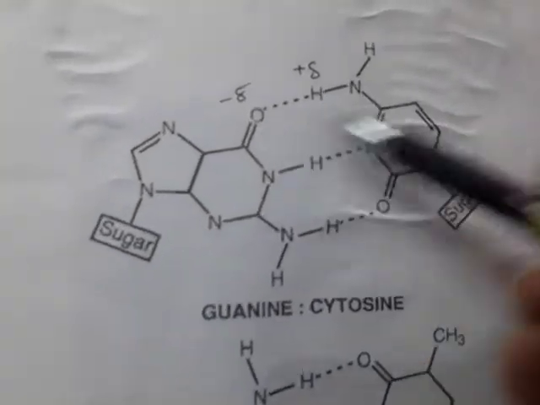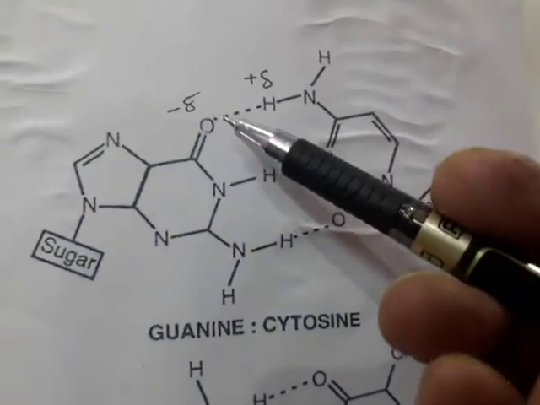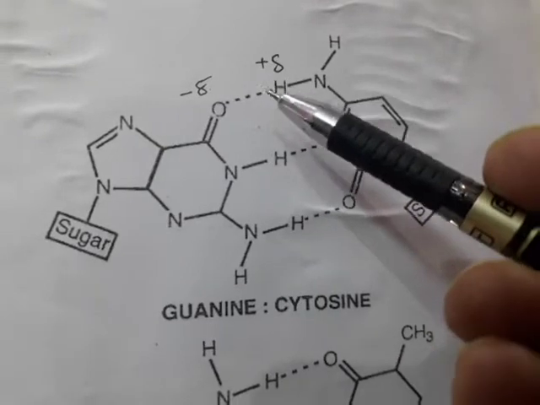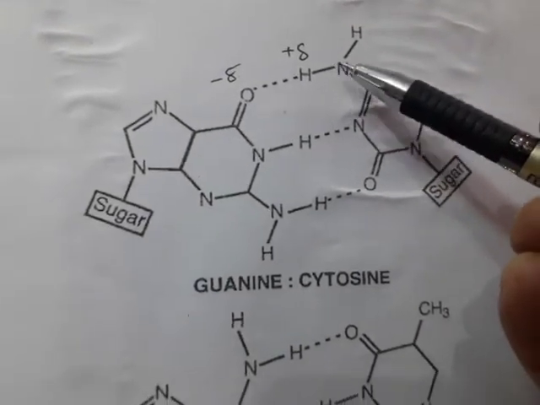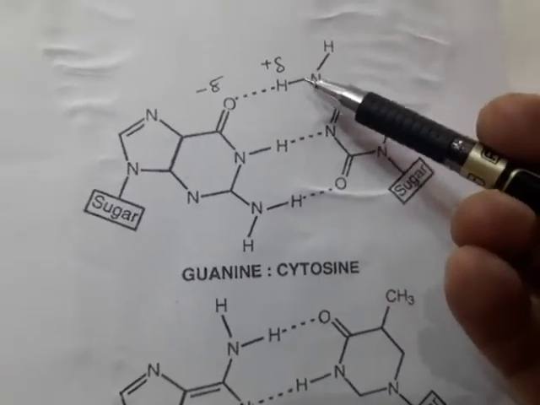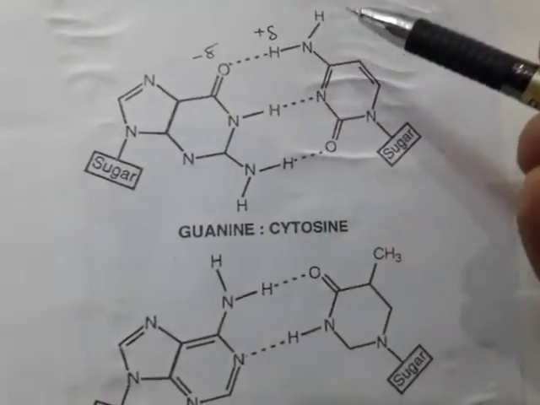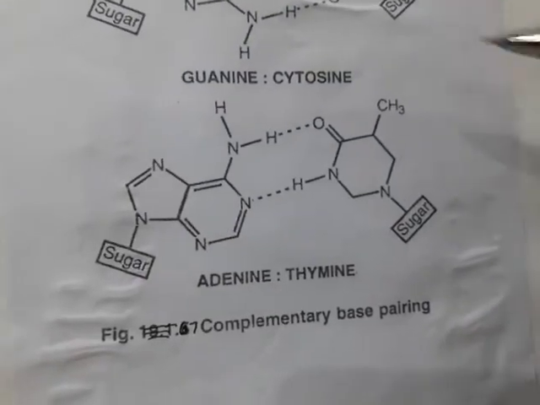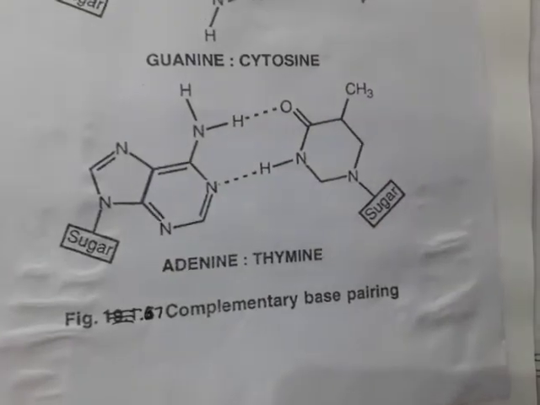There is a property that whenever a hydrogen atom is present in between two strongly electronegative groups, the other electronegative group attracts the shared pair of electrons of hydrogen towards it. A partial positive charge develops here, a partial negative charge develops here. So there is a weak bond which is called a hydrogen bond, but it is also very important. Now let us see at which number carbon this bonding takes place.